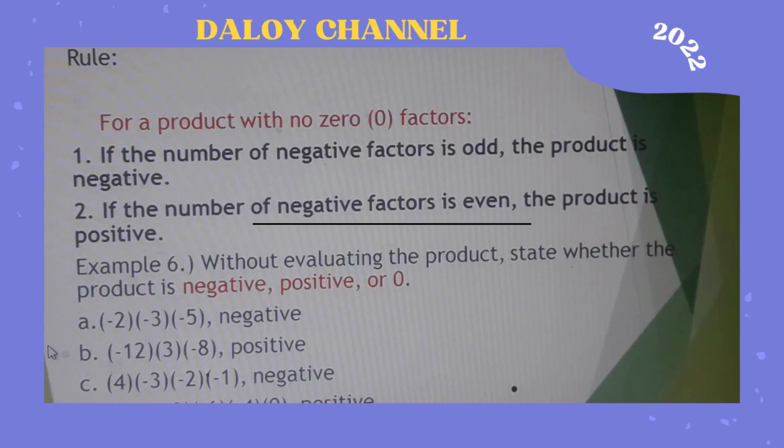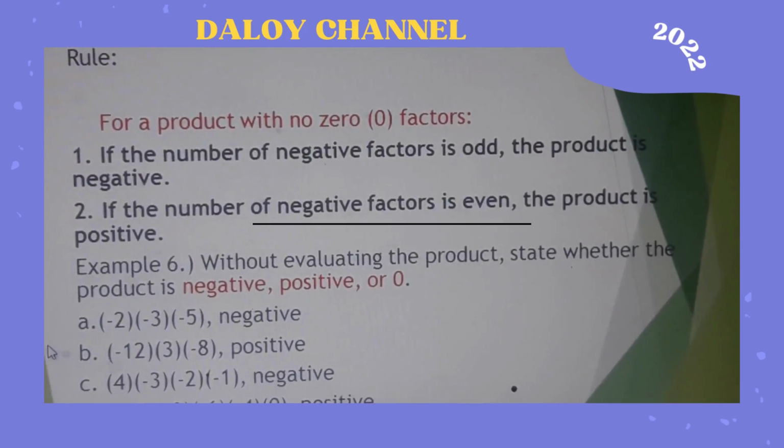Second, if the number of negative factors is even, what you're going to do is just count the number of negative signs. If it is odd, then obviously your final answer would be negative. And also, if your negative factors are even, the product is positive. Now we will try to implement this in